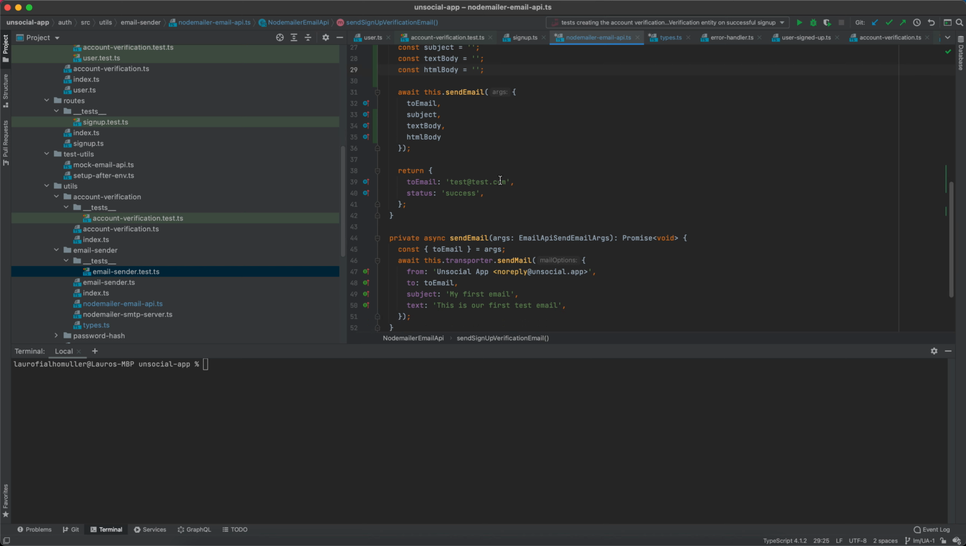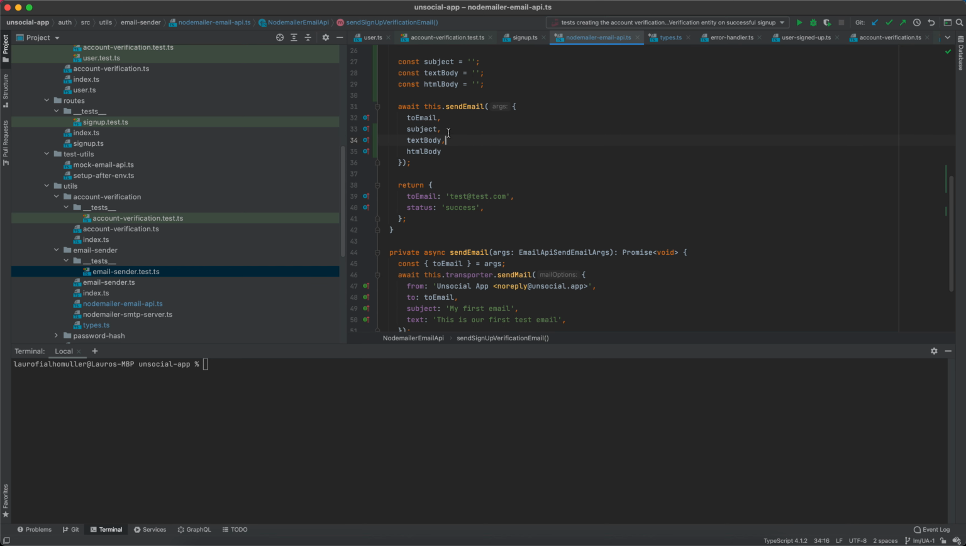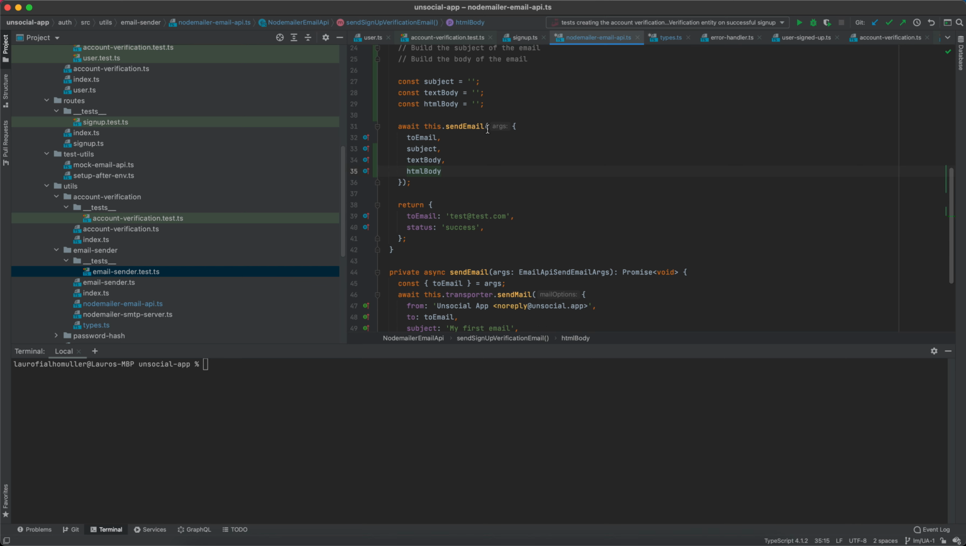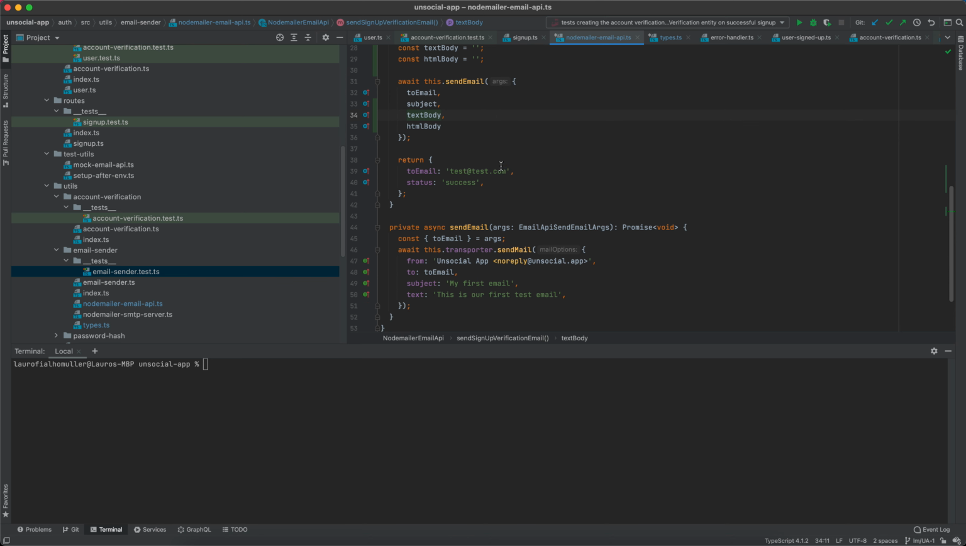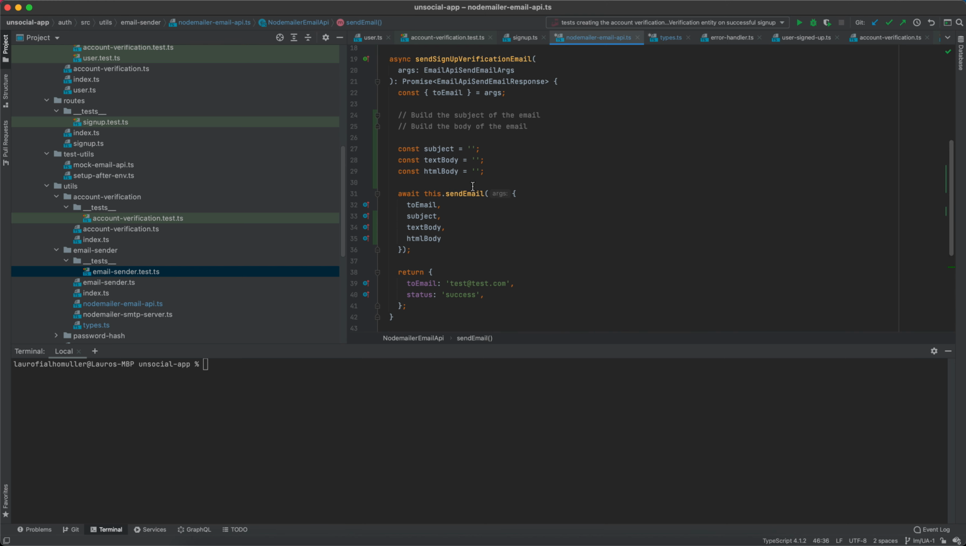Now all the errors are gone, so I will be able to send my email and pass the exact information that I want to my send email function. What happens here is that the send email is simply calling the transporter and then sending the mail, right? So the responsibility of building all the information will be of the function that is being called by our email